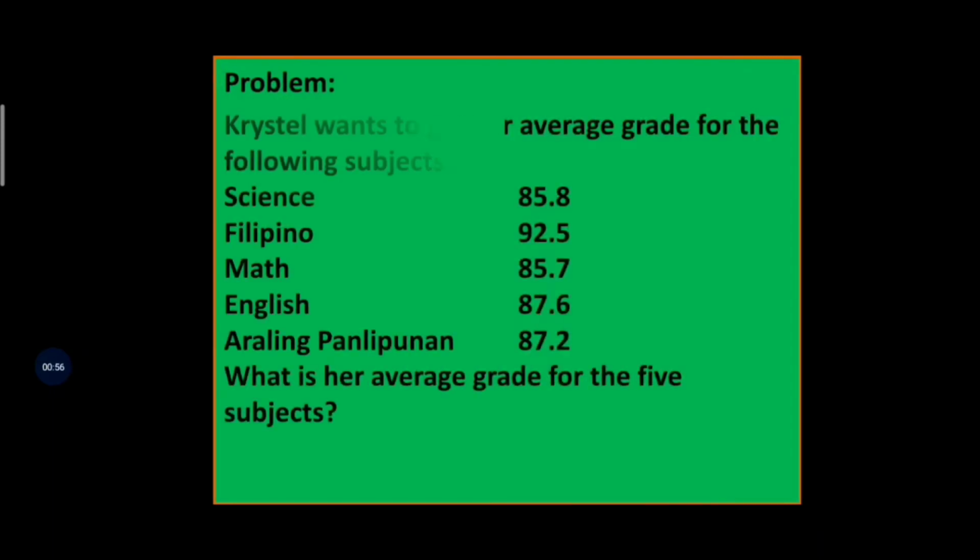A problem. Crystal wants to get her average grade for the following subjects. Science is 85.8, Filipino is 92.5, Math 85.7, English is 87.6, Araling Panlipunan or AP is 87.2, and the question is, what is her average grade for the 5 subjects? So to solve this problem,